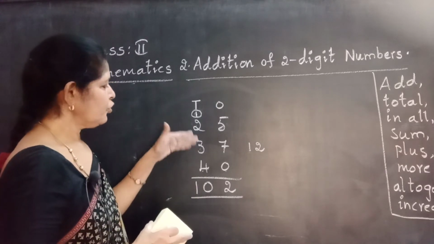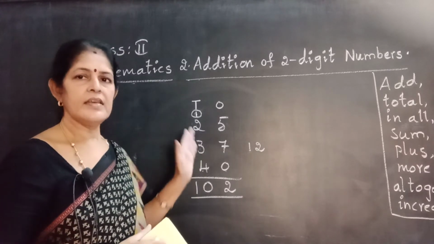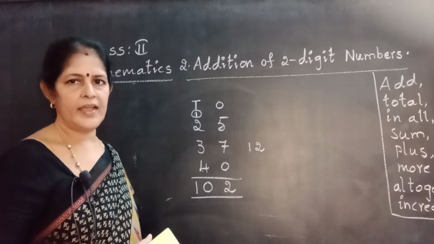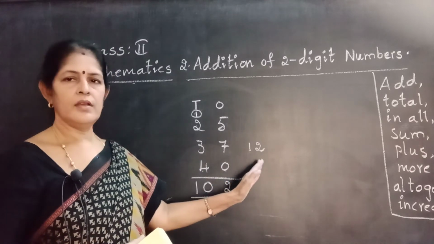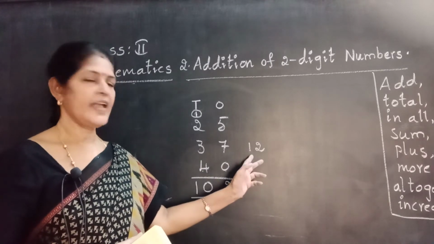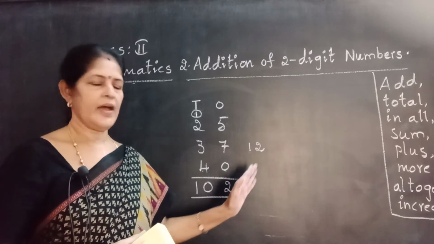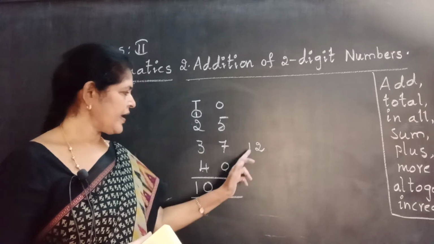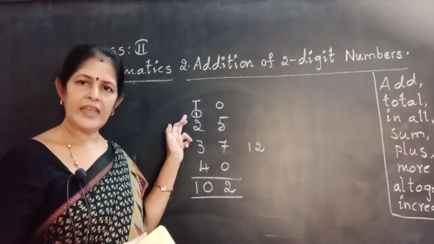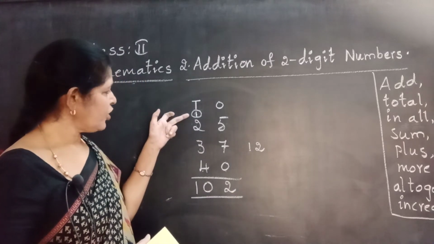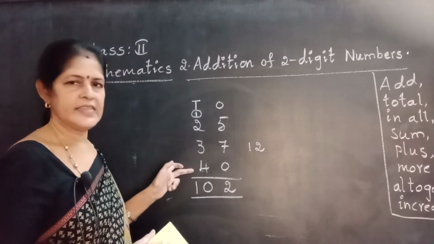These are 2-digit numbers, 3 lines with regrouping. Regrouping means after adding ones we get a 2-digit number. We are going to split the number. Ones place number goes in the ones place. Tens place number is carried forward. Carry forward number and tens digit.